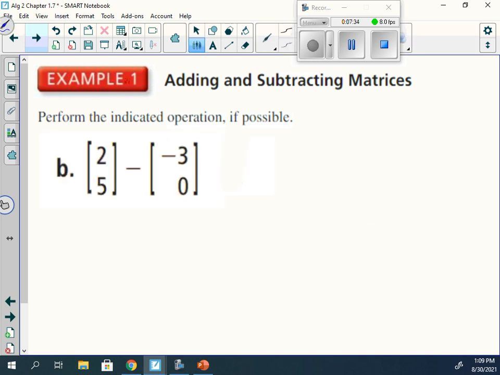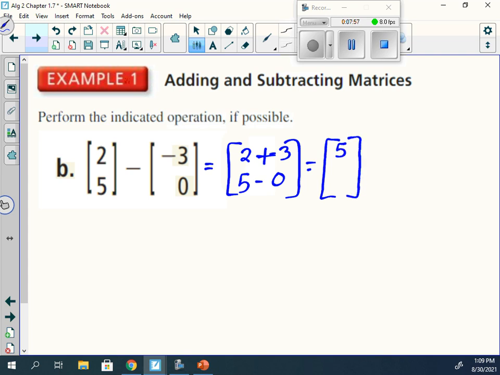Can we add these two together? Because we have a 2 by 1 and a 2 by 1, so the dimensions are the exact same. So we'd have 2 minus negative 3 and 5 minus 0. Well, the negative and negative would make a plus, so 2 plus 3 is, and 5 minus 0 is,